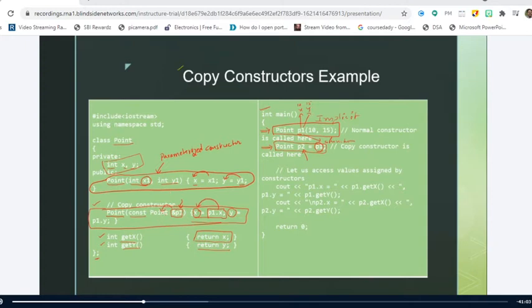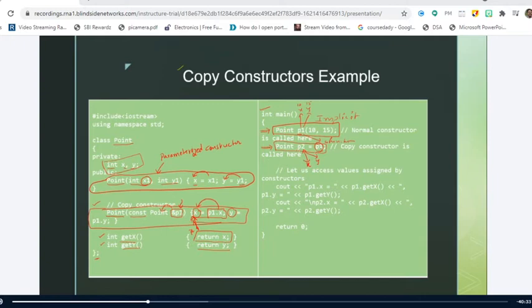Okay, so in this function, what it is doing is x is equal to P1.x. Listen carefully, this x belongs to P2 right now. When you create an object, it will have the data members x and y. Whenever you create any number of objects, that many data members will be created for those objects.